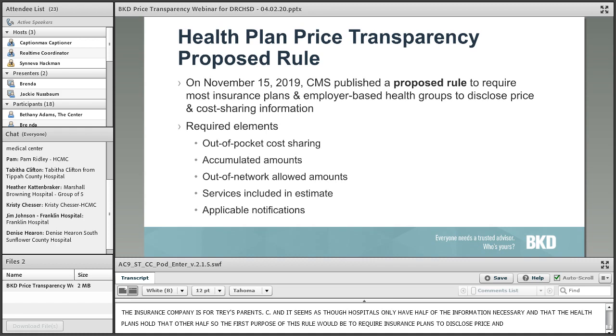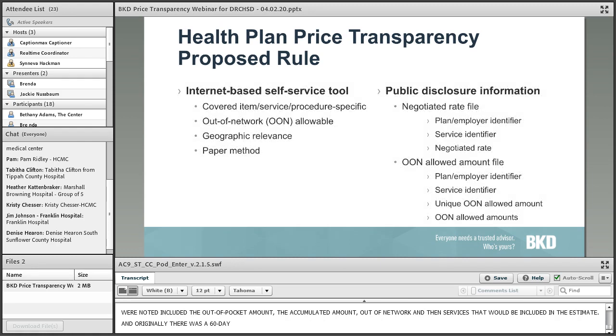But there's just one other thing that we wanted to touch on, and that is we wanted to make you aware that when the hospital side of this price transparency rule was finalized, CMS also issued a proposed rule for health plans, or think of it as the insurance companies, price transparency. And it seems as though hospitals really only have half of the information necessary and that the health plans hold that other half. So the purpose of this rule would be to require insurance plans to disclose price and cost